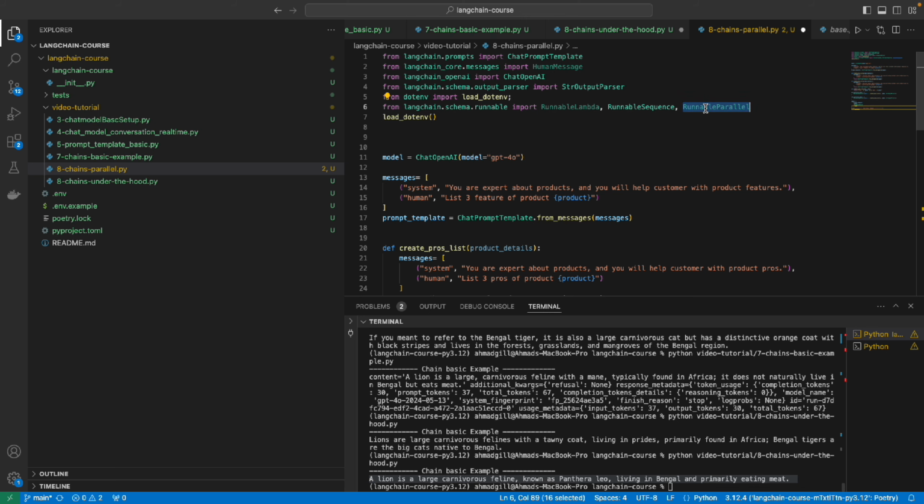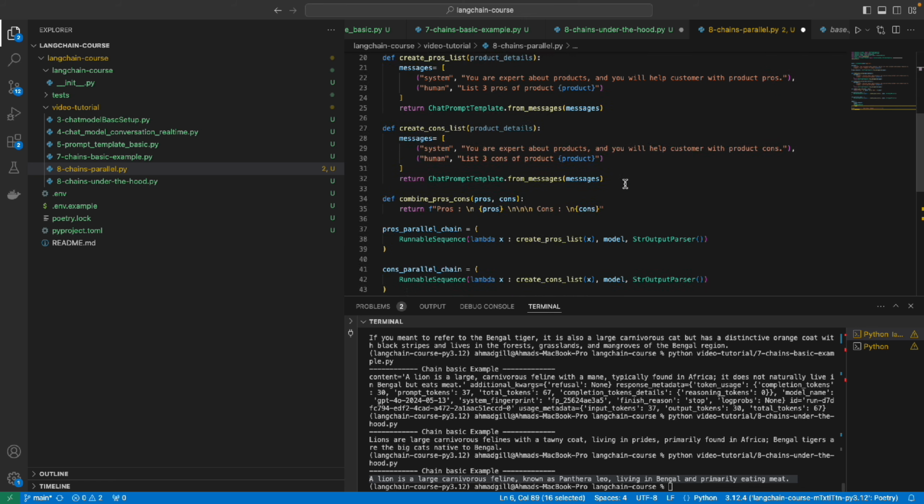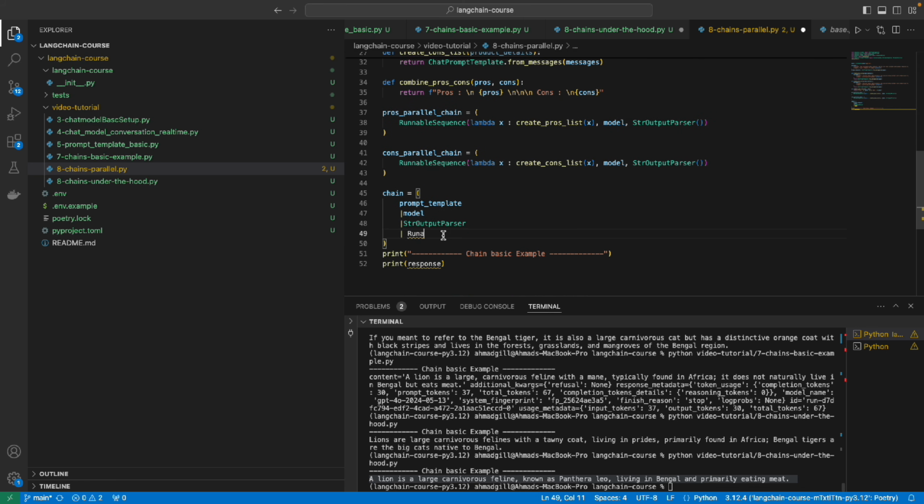Okay, so I imported RunnableParallel and I will use it here. It is going to take a parameter called branches. I will provide branches, and to these branches, my first branch name is pros, and